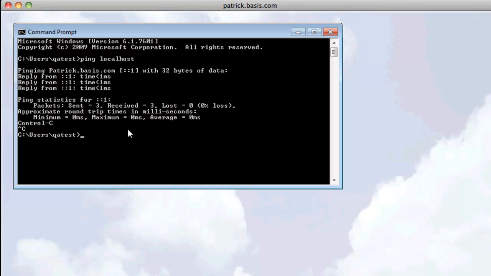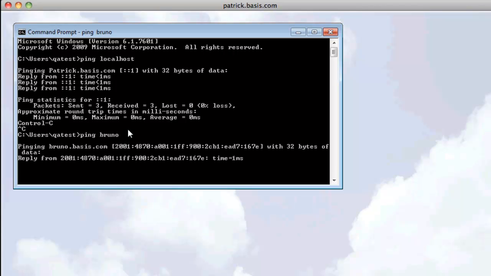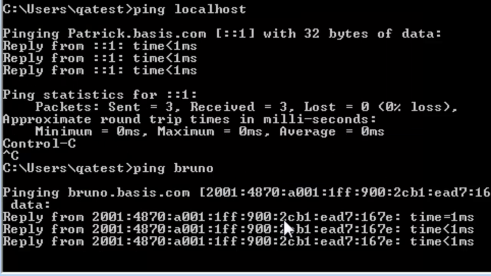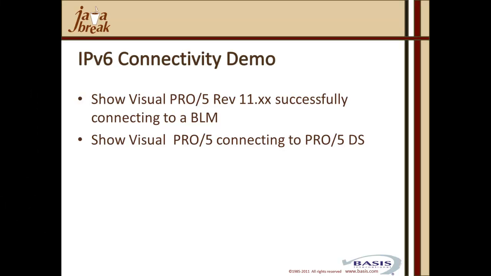In this next example, we're going to go ahead and ping Bruno, another server on our IPv6 network. And you can see from the reply on the ping that we are going to the IPv6 address for that machine, 2001:4870, etc., etc. In this next demo, we're going to show Visual Pro 5 version 11.x connecting to a BLM,